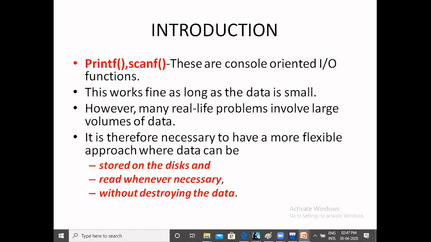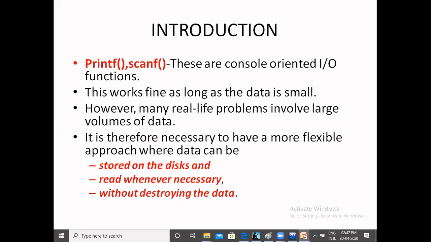Just compare with bank transactions. How many transactions are performed in a particular day or particular hour? Think about SBI Bank. Per hour, how many transactions are going on throughout the world, the nation, or within a region? We cannot compare these transactions with this small amount of information.